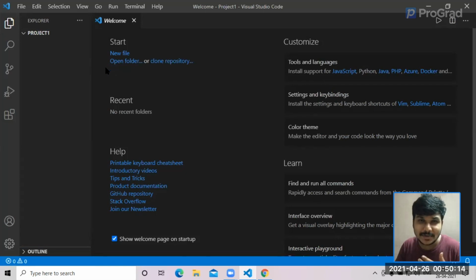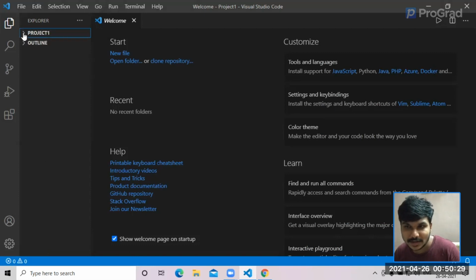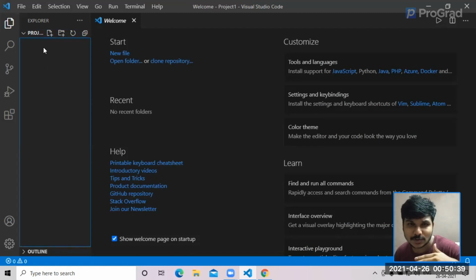Okay. You can obviously add one more folder within that folder as well. I'm going to teach you how to do that, but first we are going to create a file inside that folder at the very beginning. As you could see, project one is being displayed here in the sidebar. You could see a drop down with two sections: one is called outline, and another is called project one. Whatever project files we have will be opened here.